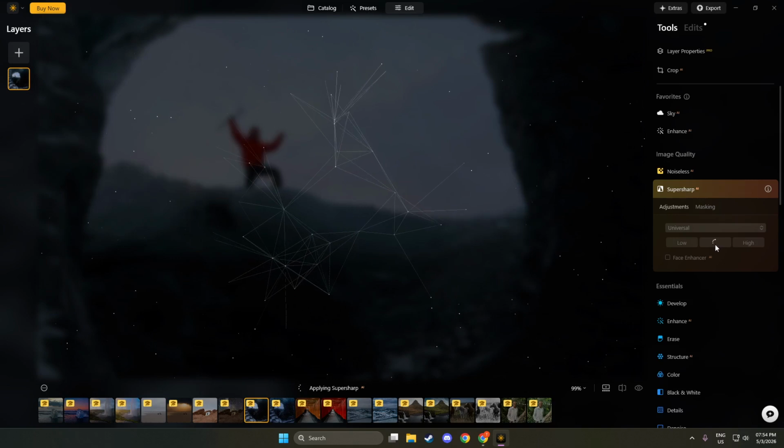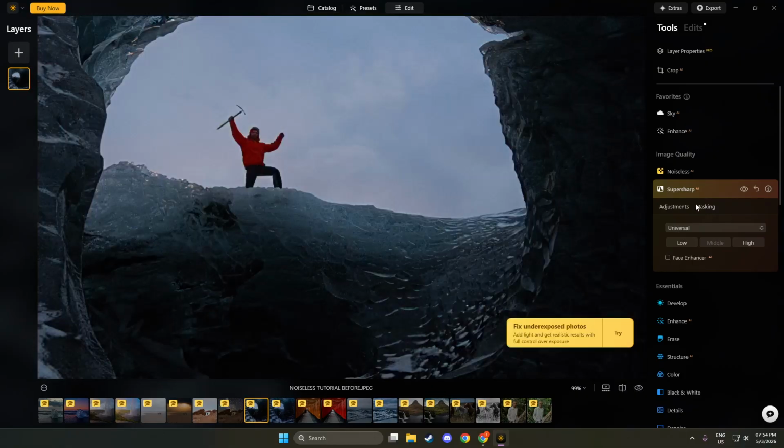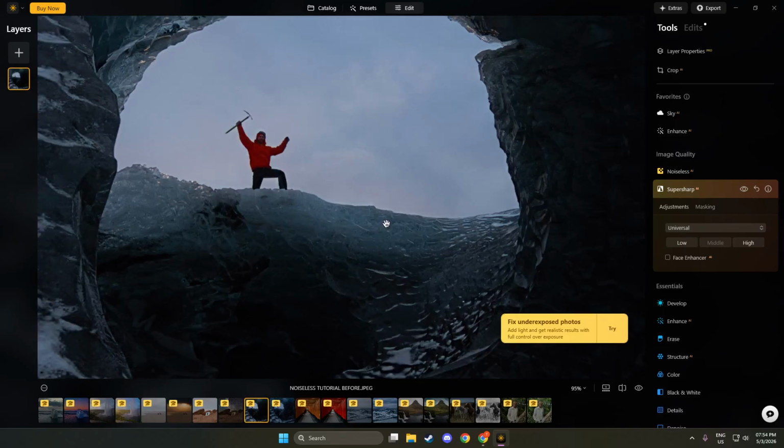As you adjust, keep an eye out for common warning signs: halos or glowing outlines around edges, speckled noise in flat areas like skies, or an overall brittle look. If you see any of that, pull the slider back a bit. Small changes can make a big difference, especially on high-resolution images.